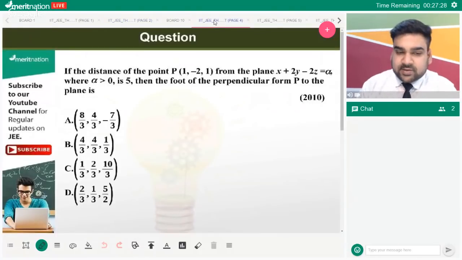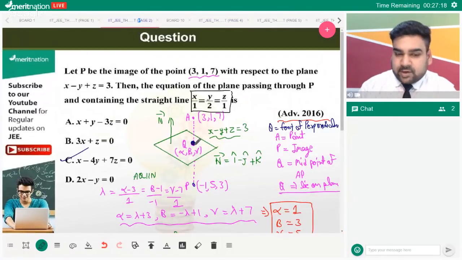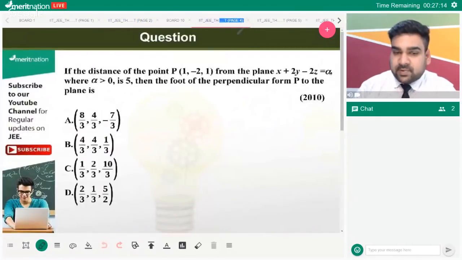If the distance of the point P from the plane is given to you, that's equal to 5 units, we have to find the foot of the perpendicular. Once again, you can see the thing which I just mentioned. We need to calculate the coordinates of the foot of perpendicular. We will be using the same concept once again. Foot of perpendicular, we need to find image of a point